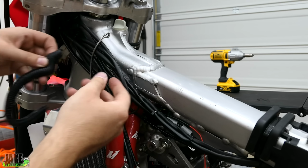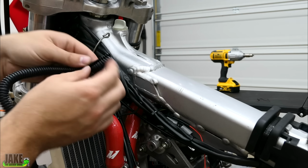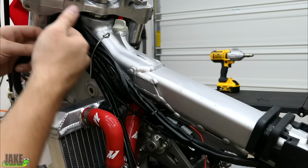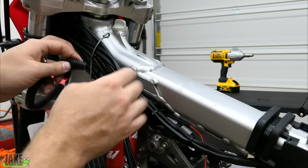Wiring loom like this really isn't about trying to keep water out or anything. In fact, if anything, I'd always say make the seam of it face down when you get done. It's more just about protecting things. And if you think about all these wires sliding back and forth through all this stuff right here,